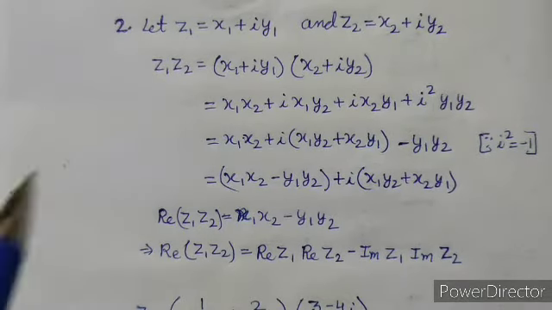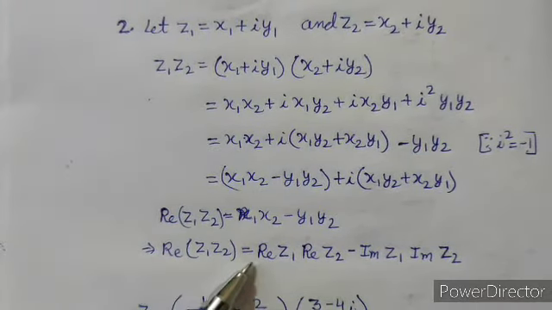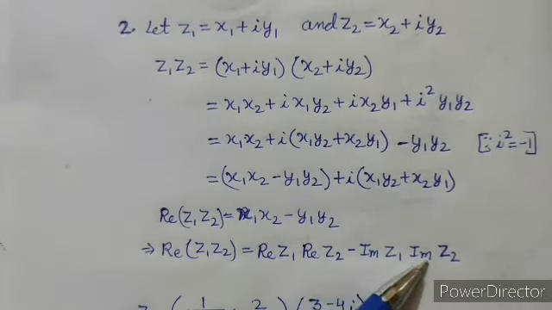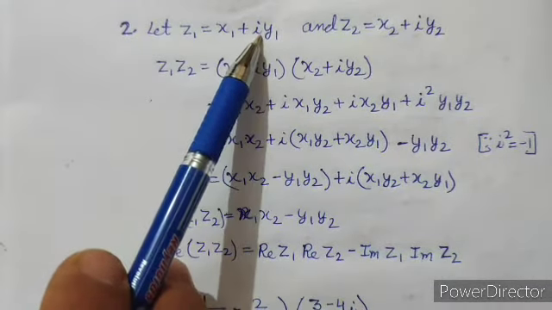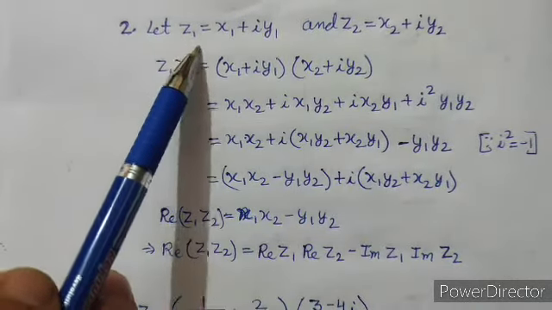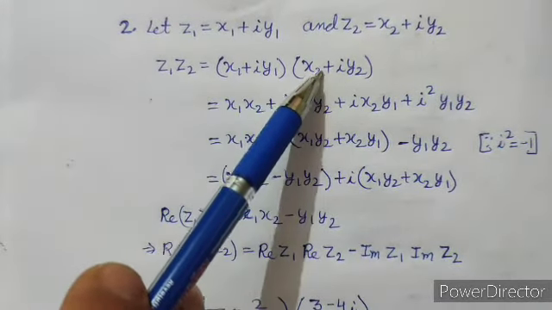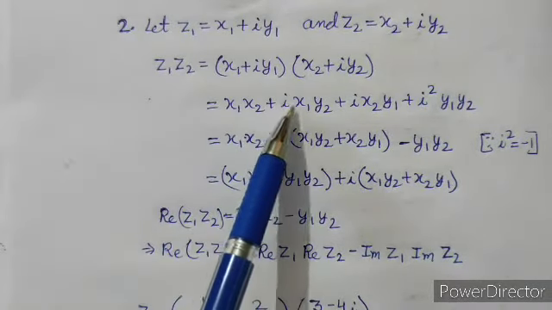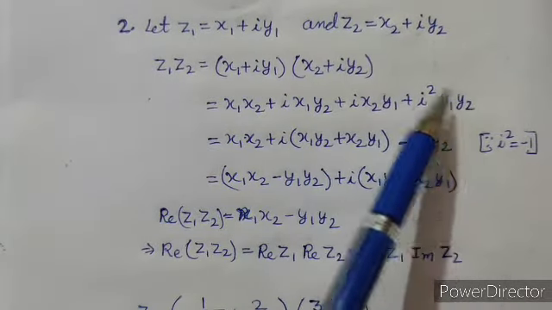Now in question number 2, we have to find out that real z1 z2 is equal to real z1 into real z2 minus imaginary z1 into imaginary z2. Now let z1 is equal to x1 plus i y1 and z2 is equal to x2 plus i y2. So z1 into z2 will be equal to x1 plus i y1 into x2 plus i y2, and that will be equal to x1 x2 plus i x1 y2 plus i x2 y1 plus i square y1 y2,